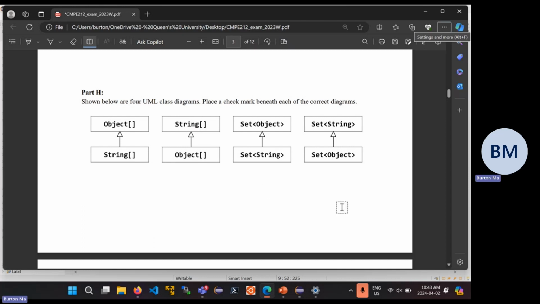And now you have these generic types here. So when you specify the type, so set of object, set of string, there's no relationship between these two things. A set of string is not a set of object. A set of object is not a set of string. Now, if the type wasn't actually specified here, for example, if you had set,